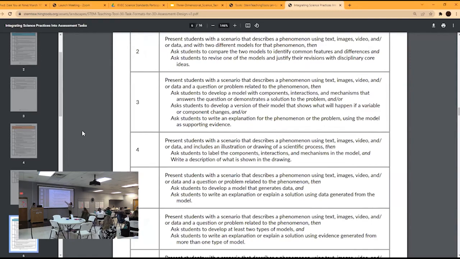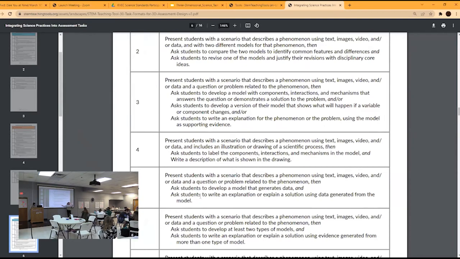So in this one, which was modeling, I could say, for example, give students a scenario around a phenomenon, and I'm going to include some key pieces like text and images. And then I could ask them to develop 2 types of models from that information.